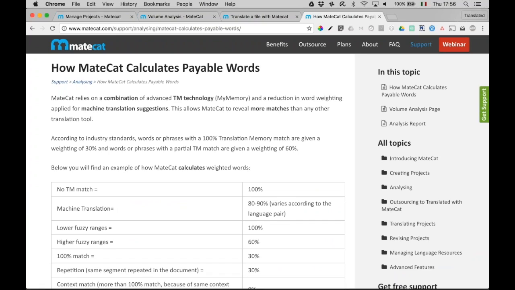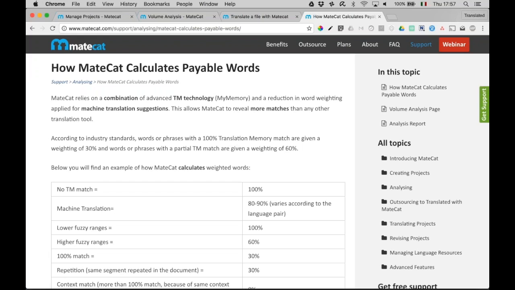Okay, thank you. Another question here. What is the difference between two segmentation algorithms, general and patent? Okay, so depending on the type of project that you are translating, you might have different needs for segmentation. In MateCat, you have two. One is general, which really is general but varies across languages because segmenting a German text is quite different from segmenting an Italian text, for instance.